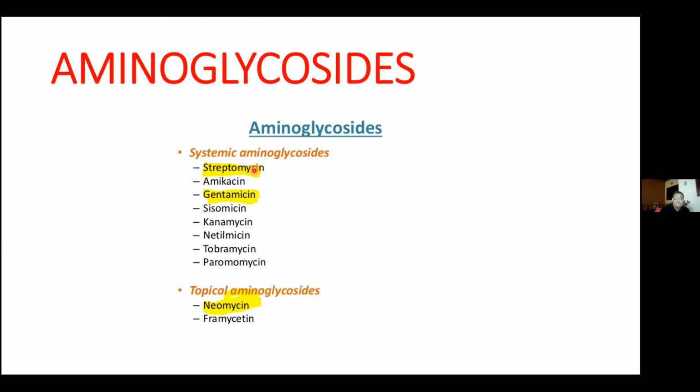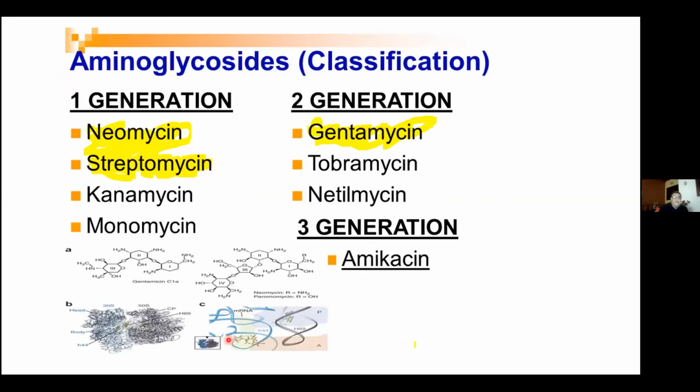Because of that, when you use intravenous penicillin, we always used streptomycin in the past in dental infections, even in bacterial endocarditis, where penicillin or ampicillin is combined with streptomycin. Gentamicin is the medication we use to some extent, and topical aminoglycosides like neomycin are used as topical preparations. Even in aminoglycosides, you get several generations. Streptomycin, the first invented, belongs to the first generation. Gentamicin is in the second generation, and amikacin is in the third generation.